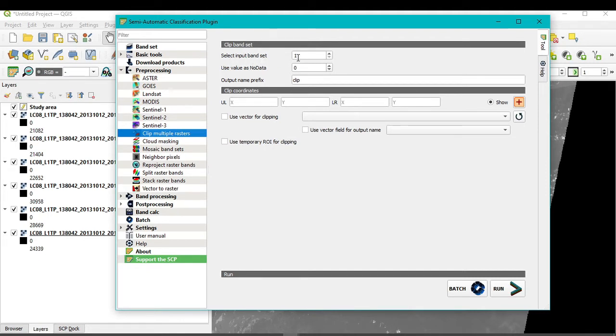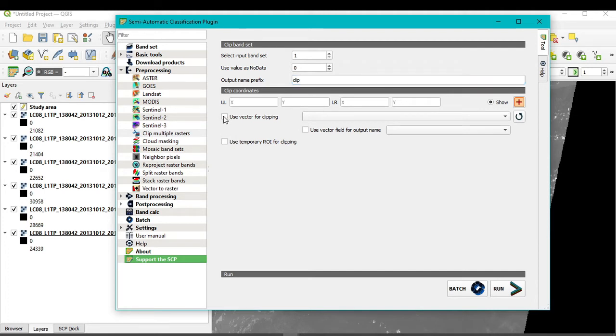Select input band set 1, because we created only one band set, that is why it's showing here 1. Use value as no data, it will be 0, and output name prefix, here it is clip. You can write any kind of name according to your need. So I'll go with this, and I will clip only my study area.